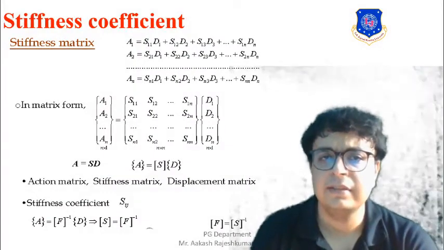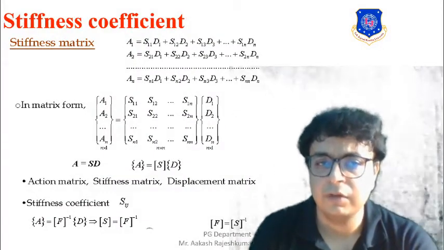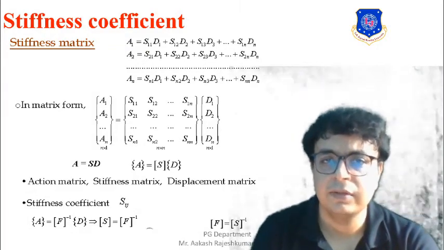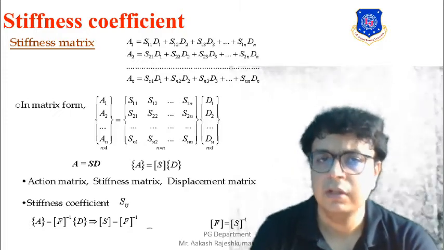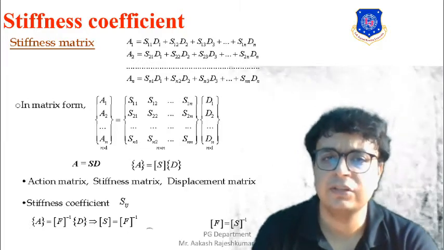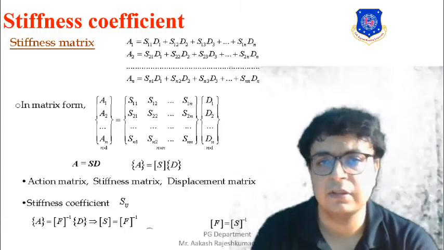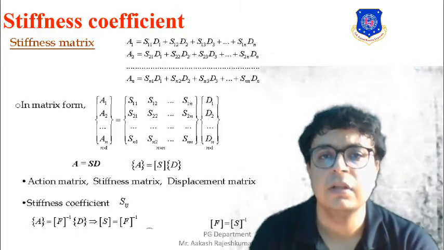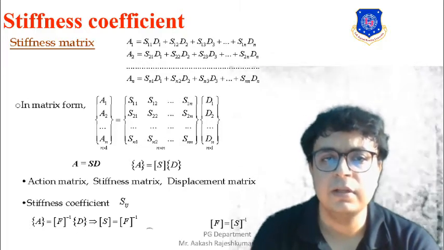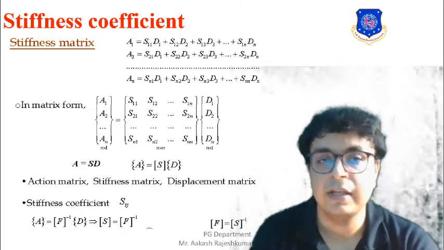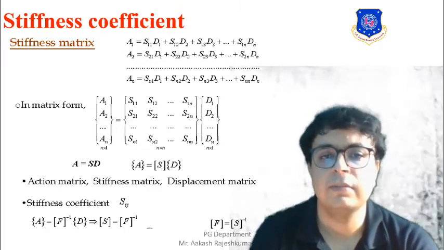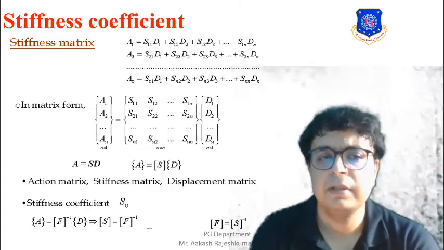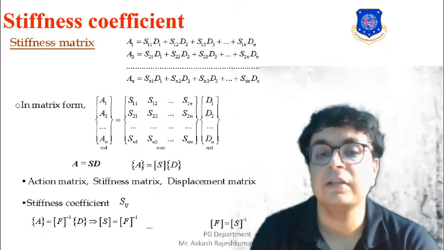So we can say that this is a simple formulation of the stiffness method where we can find the stiffness coefficients. Like this, we will be having n number of actions, and we will be having the stiffness and the unknown displacements. So you can see over here A1 is S11 D1 plus S12 D2 plus S13 into D3. Similarly, it will go up to An is equal to Sn1 D1 plus Sn2 D2 plus Sn3 D3, like this. So what we will be doing is setting it in the proper form.